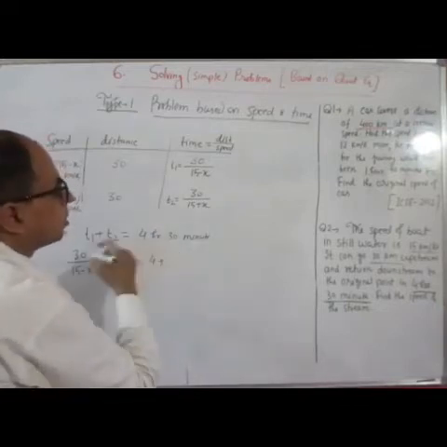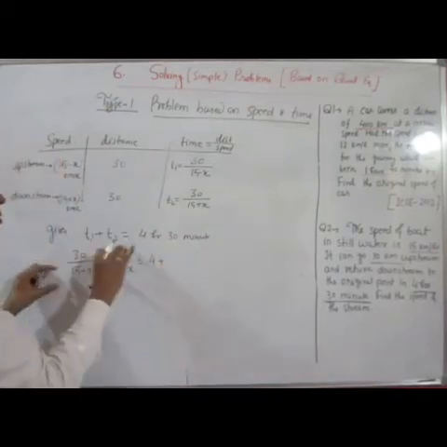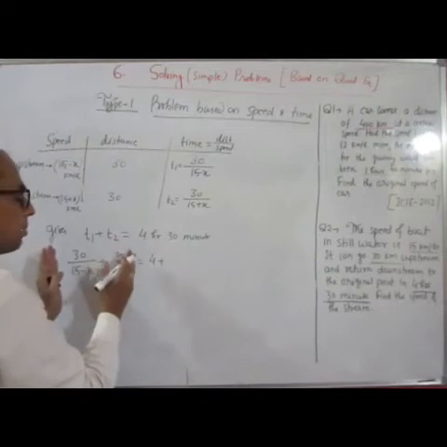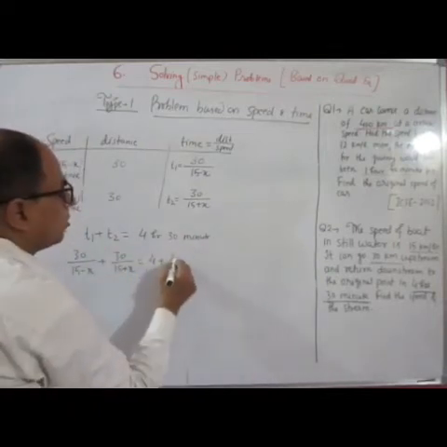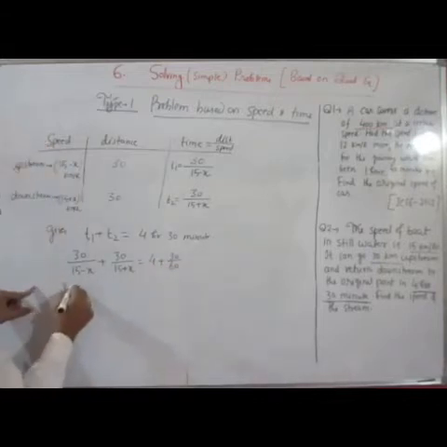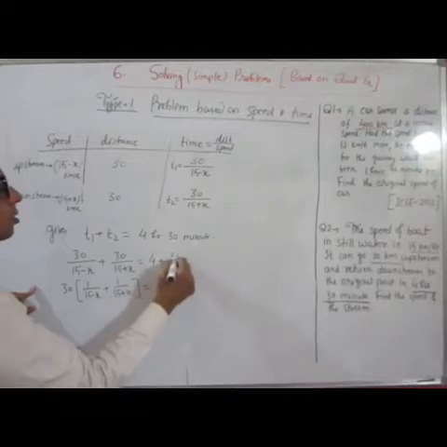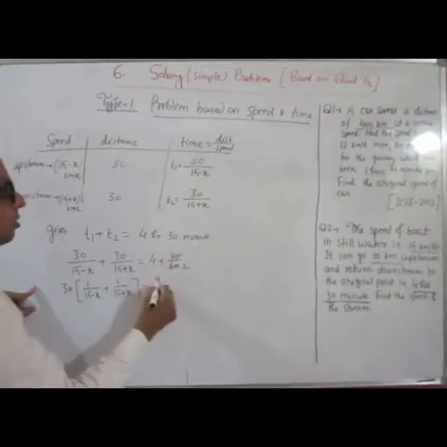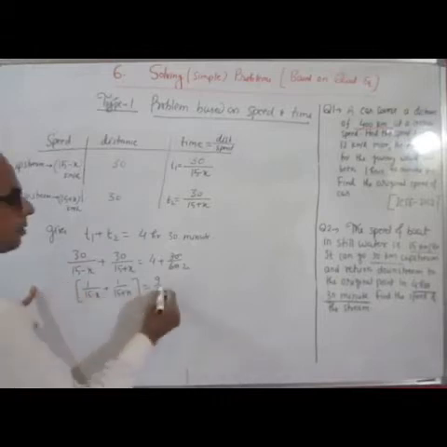minutes. So 30 minutes, convert this in hours, because this time is in hours, this time is in hours. So the left side unit is hours, so the right side unit must be hours. So 30 by 60. Now take 30 common from here. So 1 by 15 minus x plus 1 by 15 plus x is equal to, it will be 9 by 2. Now shift this 30 this side.